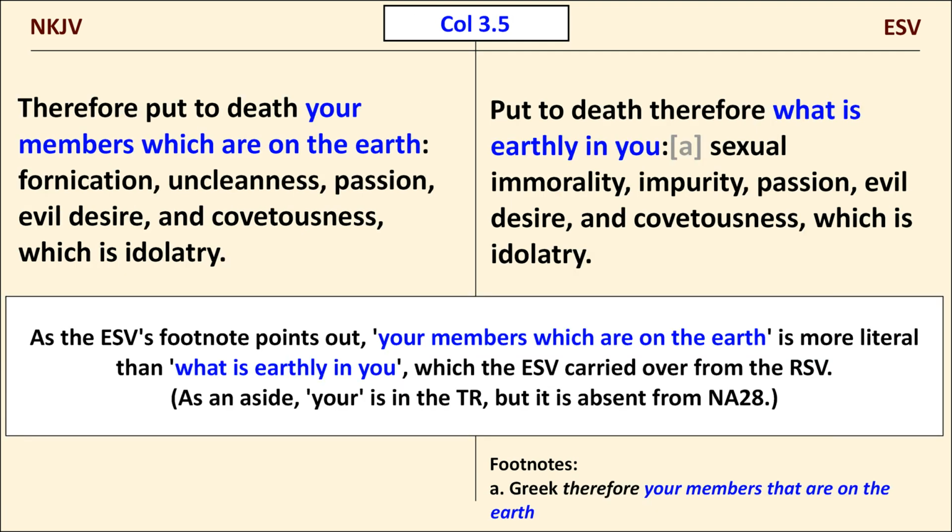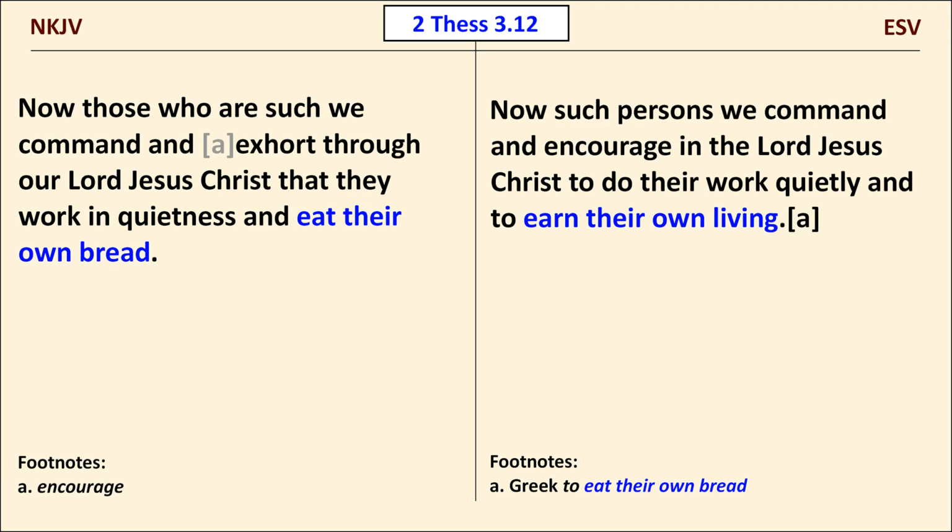As the ESV's footnote points out, the NKJV's "your members, which are on the earth," is more literal than "what is earthly in you," which the ESV carried over from the Revised Standard Version. As an aside, the word "your" in the first line on the left is in the Textus Receptus, but it's absent from the Nestle-Aland 28th edition. In 2 Thessalonians 3:12,